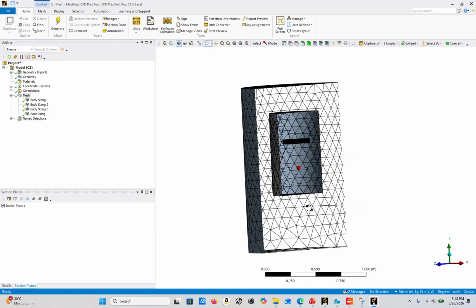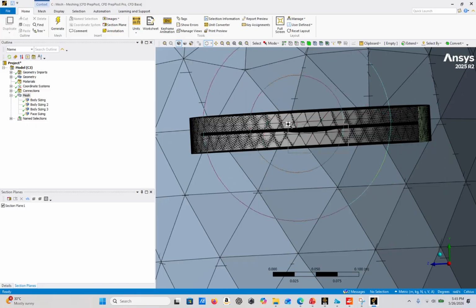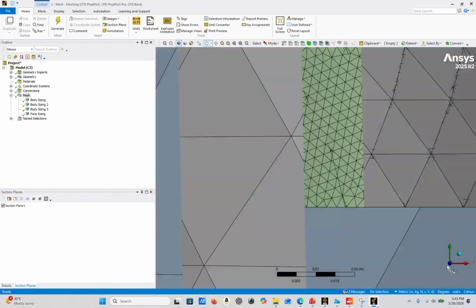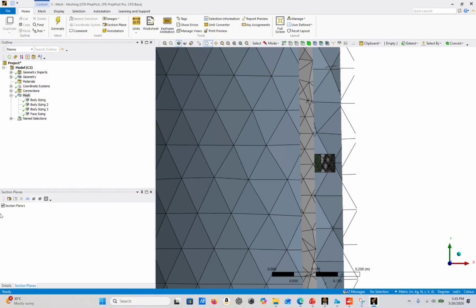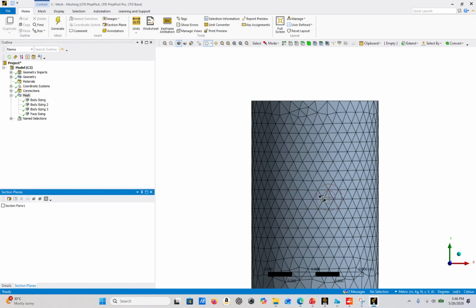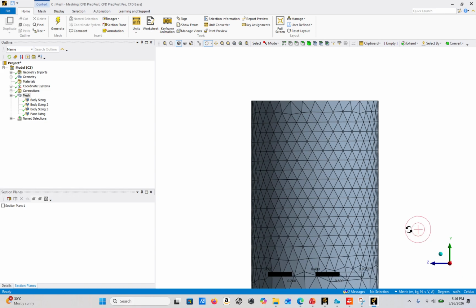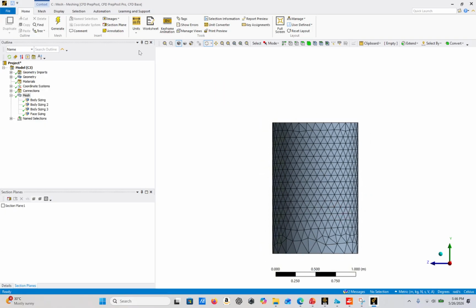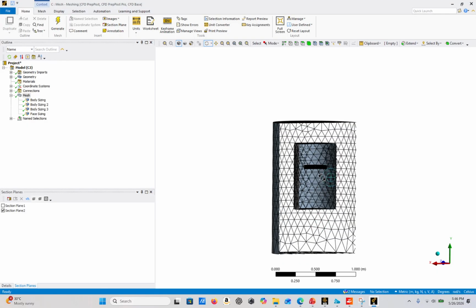And now if I zoom in, you can see that we did the side of the propeller. If you want to see the boundary layer, or we want to cut the blade itself, we're going to make another section plane, but this time let's click on the x-axis and then cut it around the center, not exactly in the center, but right beside the center, so you can see the blade. So now that I've cut it, you can clearly see the blades